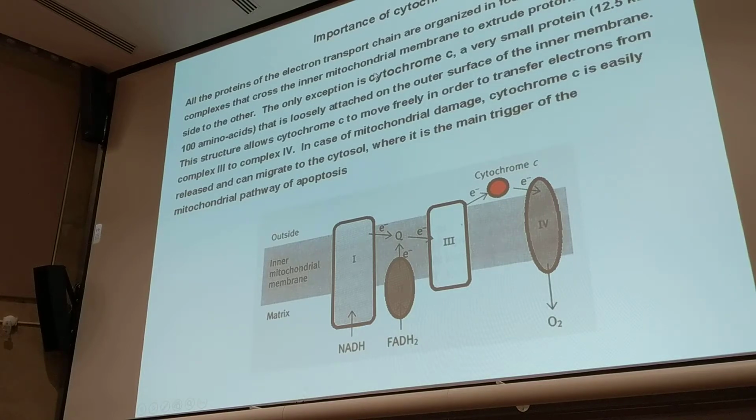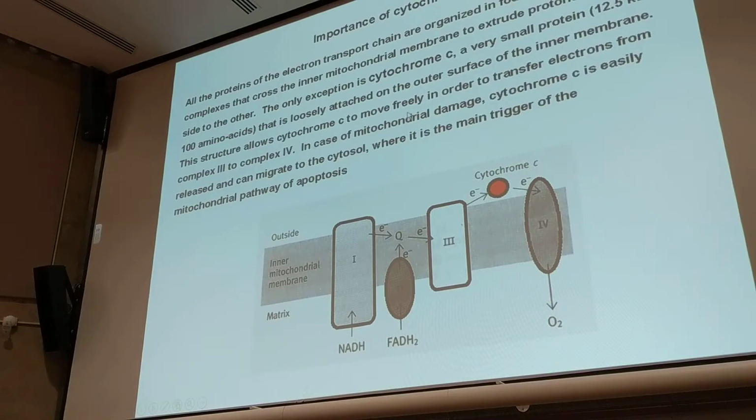The only exception is cytochrome C, a very small protein, 12.5 kilodalton, or 100 amino acids, very small compared to the others, that is loosely attached on the outer surface of the inner membrane. This is the inner membrane of the mitochondria, and this is the cytochrome C. This structure allows cytochrome C to move freely in order to transfer electrons from complex 3 to complex 4. This is complex 3, this is complex